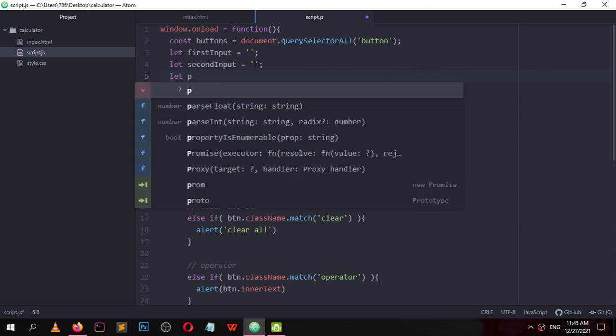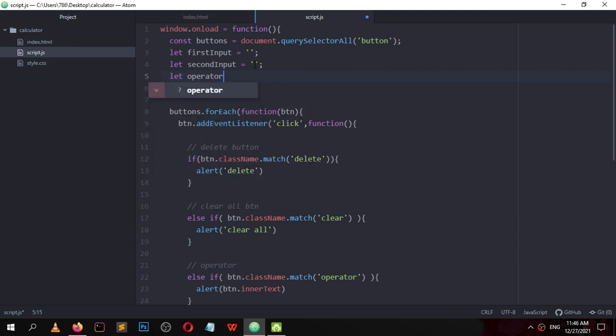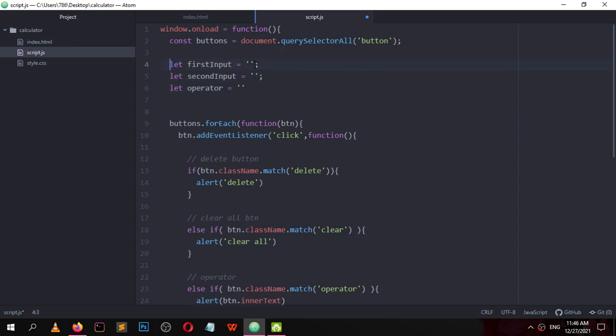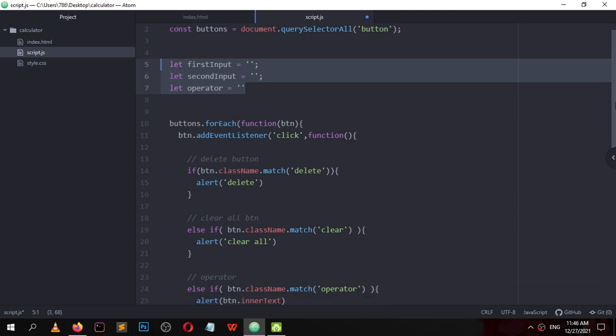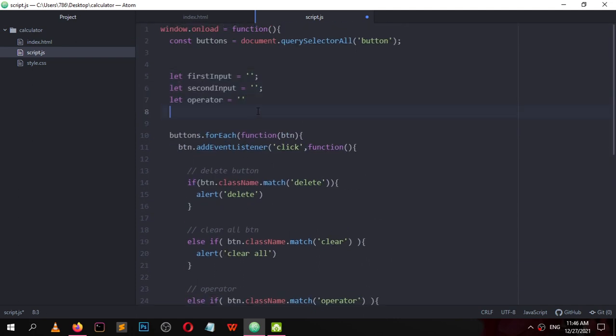Let operator equal empty string. We are setting this value as we go. And one more thing we need to capture is which button is the current button. Current input is an empty string.